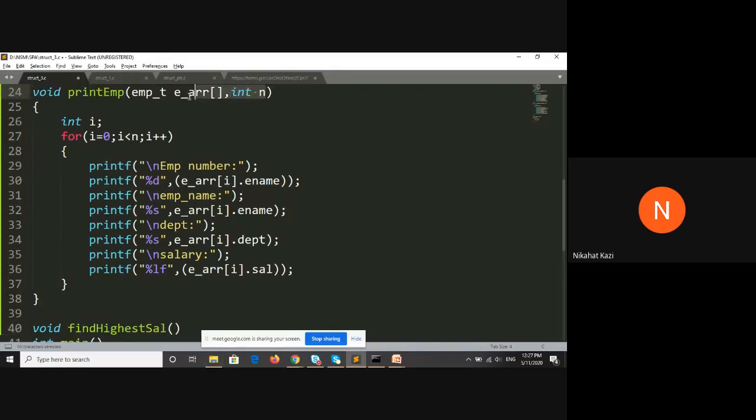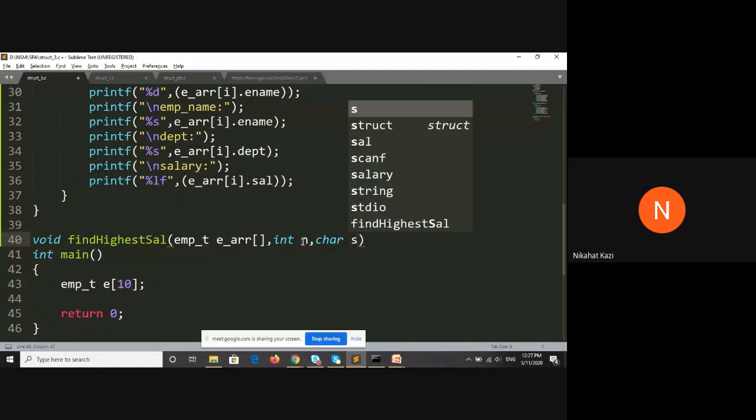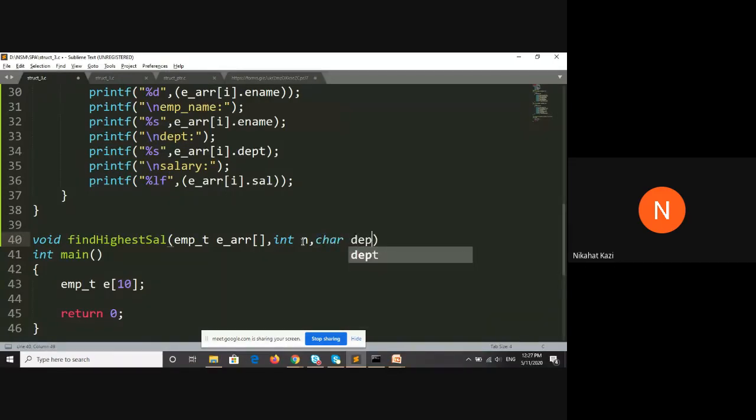These parameters will be common. And the third parameter will be a string of the department name, right? In which department, that is, from which department you want the highest salary employee. So that will help us in searching easily. That query can be easily fired.